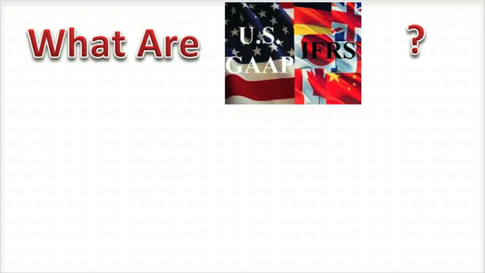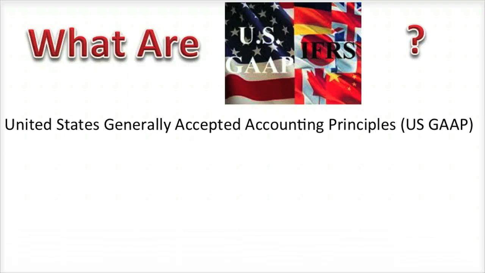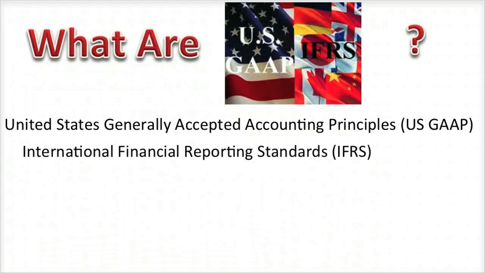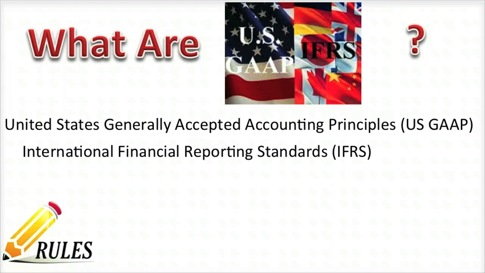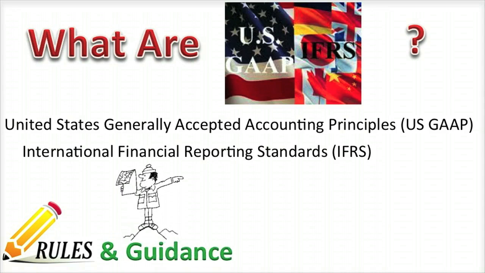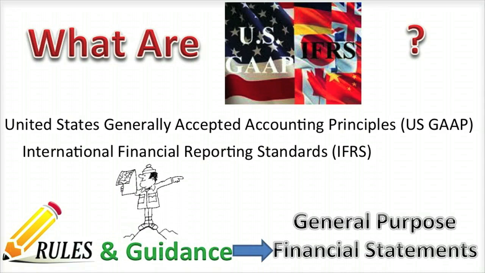As noted in a prior video, US GAAP stands for United States Generally Accepted Accounting Principles, and IFRS stands for International Financial Reporting Standards. Some people refer to IFRS as IGAAP, but IFRS is the official term for it. US GAAP and IFRS provide US and international rules and guidance for the preparation of general-purpose financial statements for external